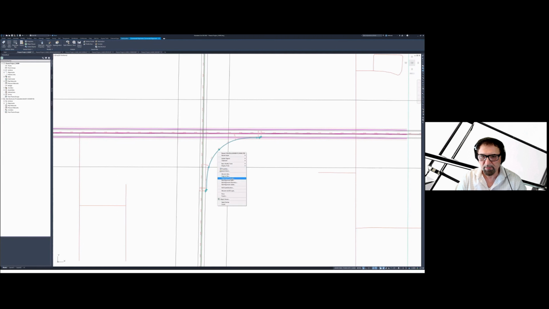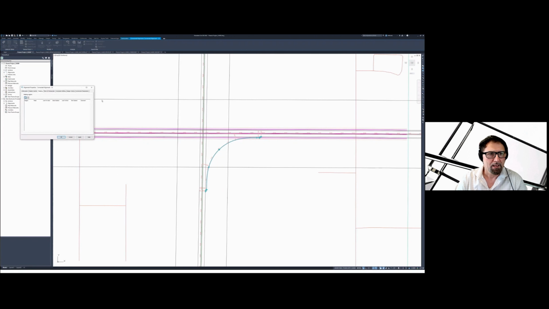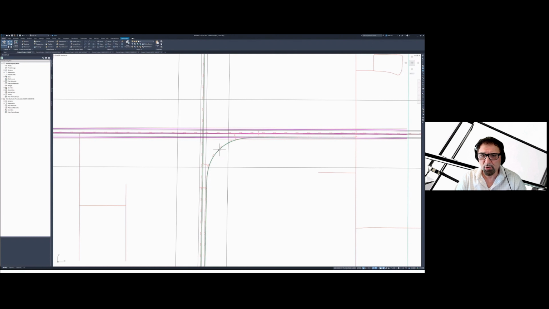So if I go to alignment properties, you can work on the connection. And here it is, the update mode. You can go from dynamic to static. What that will enable you is to change any of the design. For example, you can change the overlap on both sides, or add a taper like I did to follow some general design. And basically this opens up that connected alignment to further design refinement.